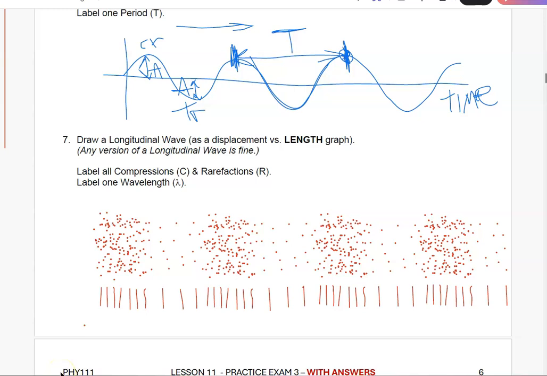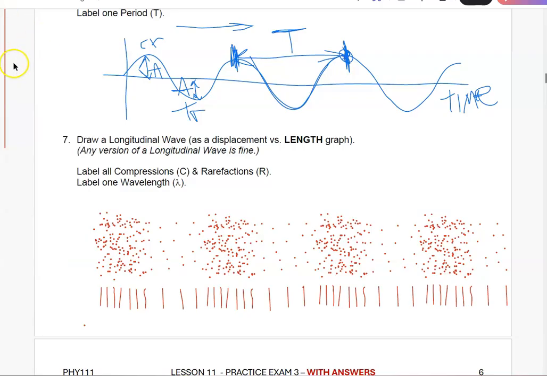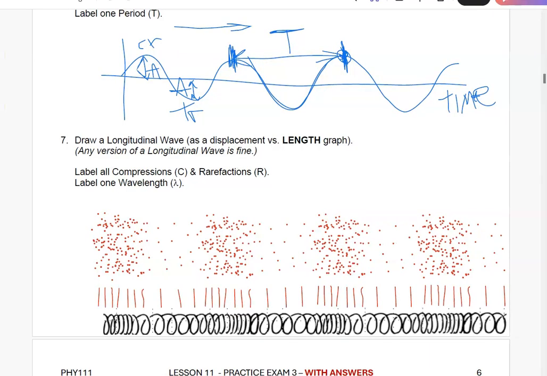And a third way to draw this, and it's really up to you which way you prefer, is to simply make a slinky with tight springs in the locations where the compressions are at and loose springs where the rarefactions are at. So it'll look something like this. And if you look at the curls of the slinky shown in black here, you can see tight curls where the compressions are and open curls where the rarefactions are. So any one of these three ways is perfectly fine on an exam if you're asked to draw a longitudinal